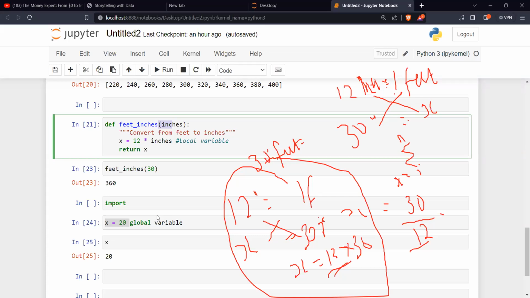But when you are writing it inside a function, then it's referred to as an argument. So sometimes they use them interchangeably.